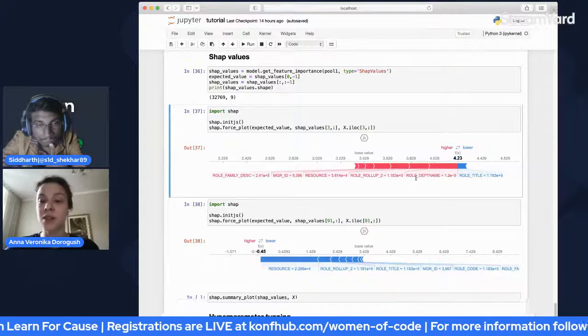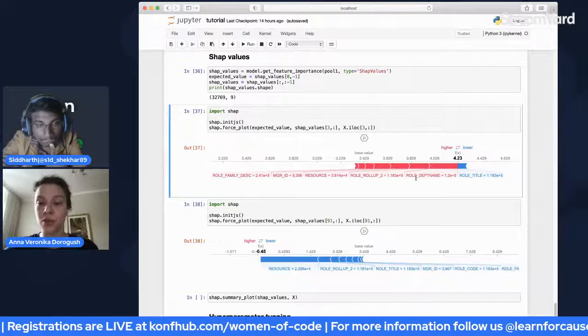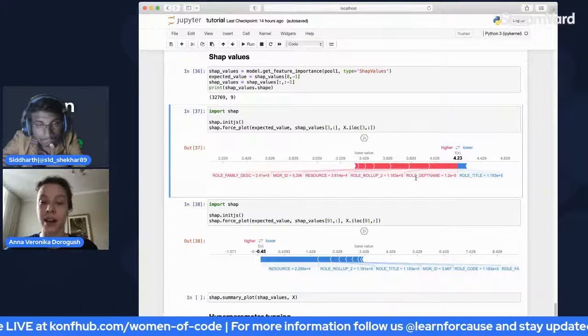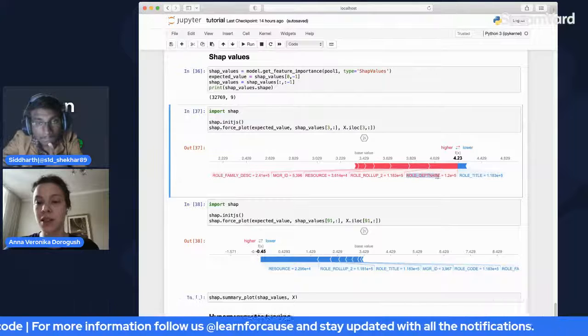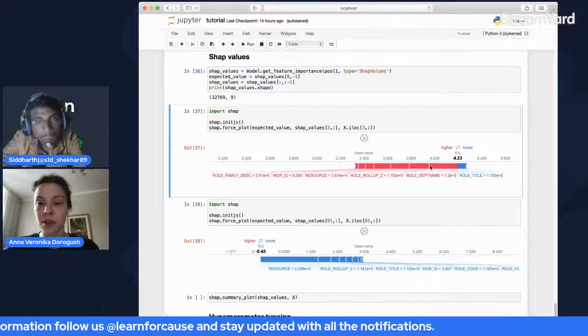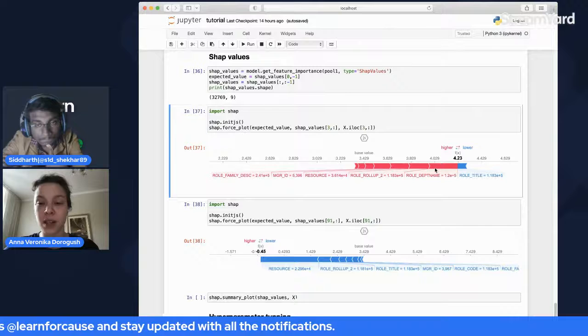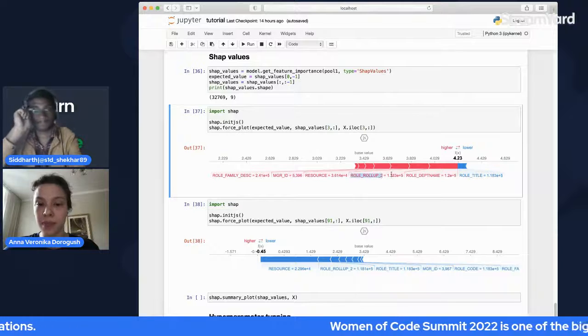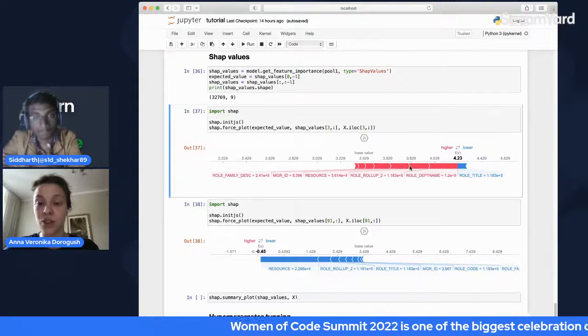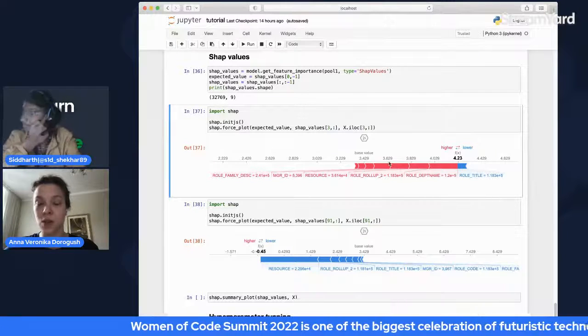This plot helps you to understand because of which features this answer is so high. And you can see that this feature that is called role department gave it such a big leap to the right. The next feature, role up, gave it the shift of this size and so on.